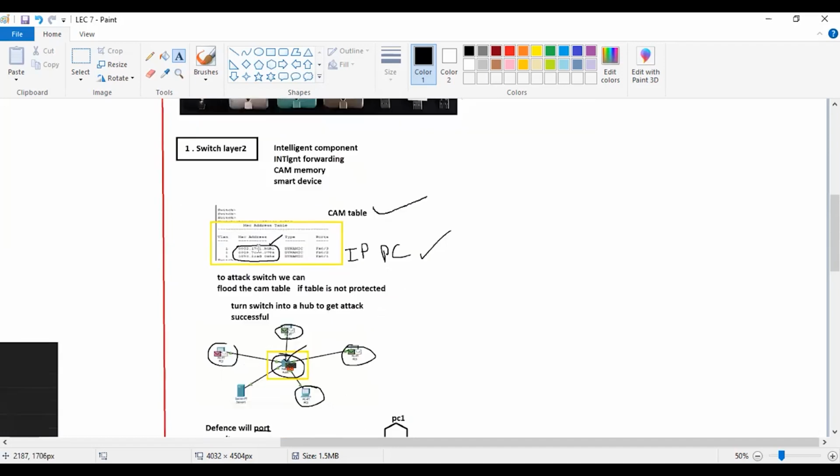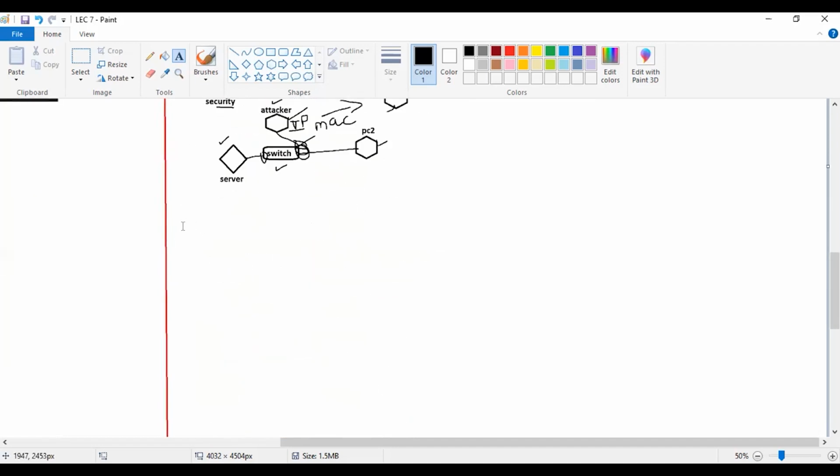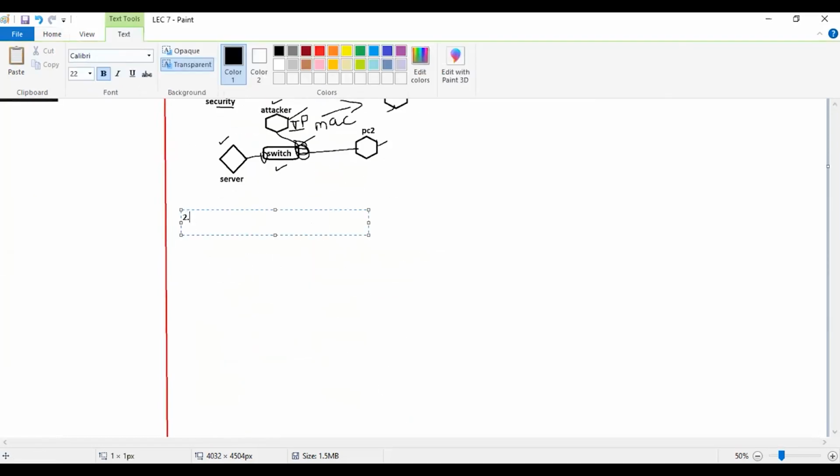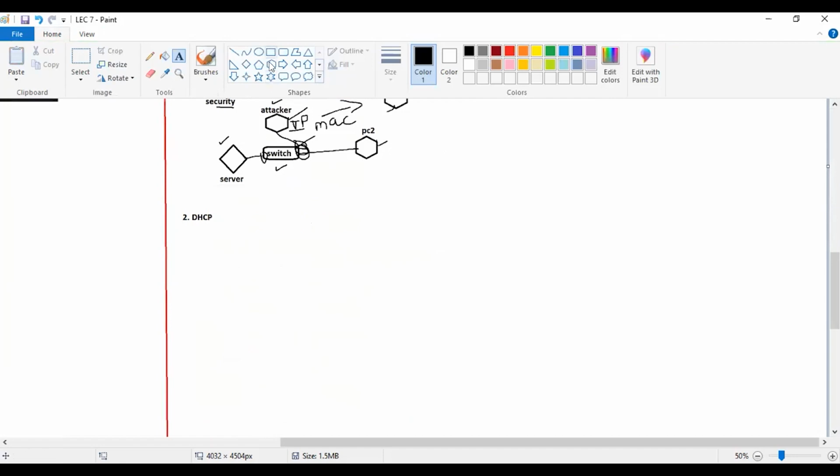So that comes the switch one. Second comes DHCP. Now, for the beginners who don't know about DHCP,